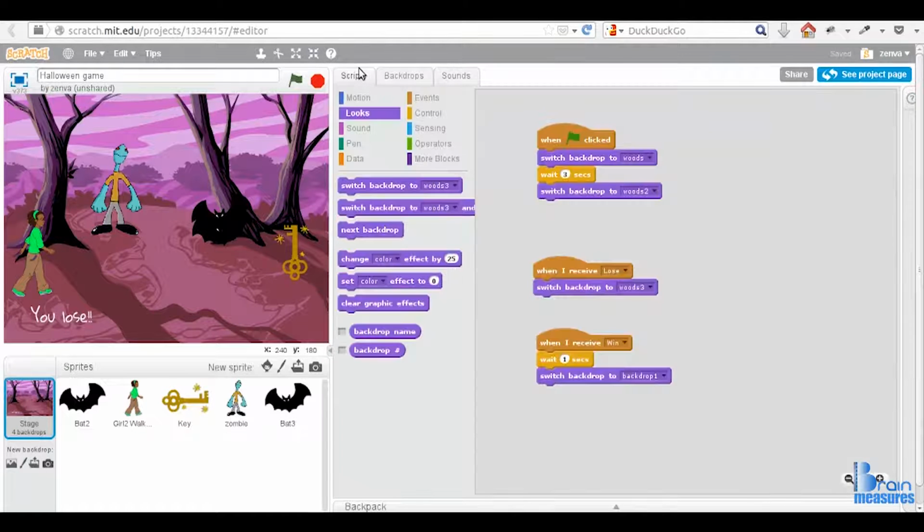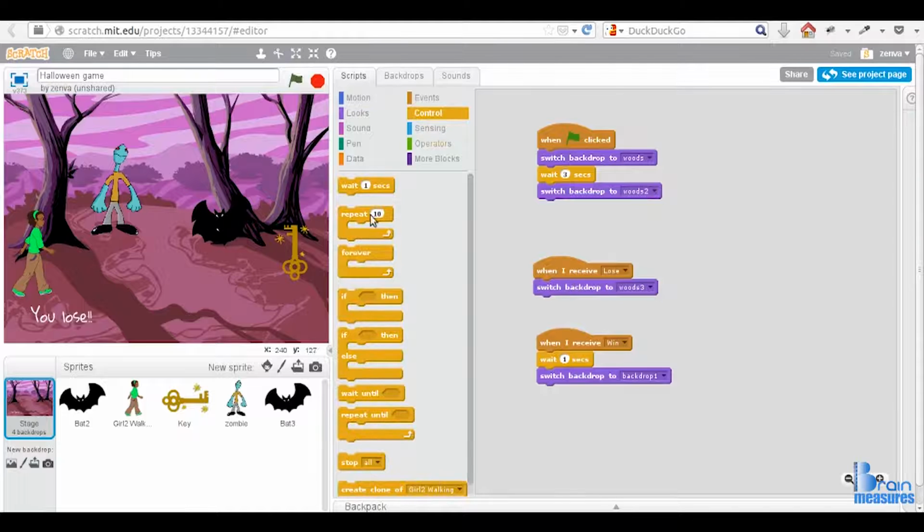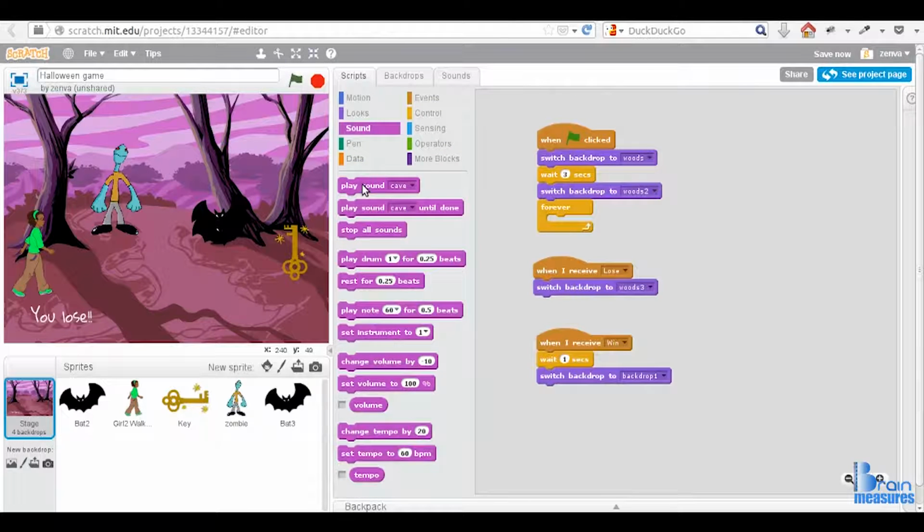Then I go back to the Scripts tab. If you notice, the sound cave only lasted a few seconds, and when we play the game, we want the sound to play over and over, so we will need to put the sound in a forever loop. I do so by clicking on the control scripts, selecting the forever loop, dragging it into the code window, and connecting it from switch to backdrop woods 2. Then I go to the sound script and I choose play sound cave and I set it inside the forever